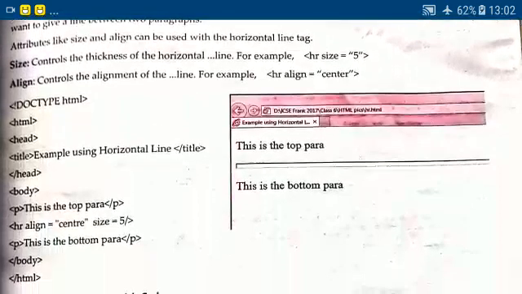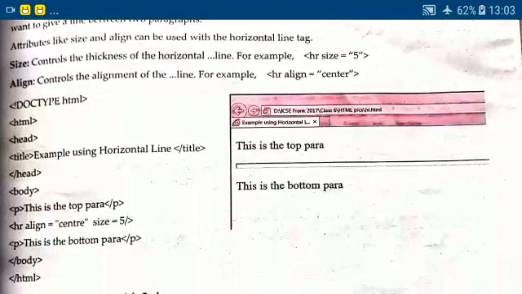Doctype HTML, then HTML, head, title. You will write the title, close title and close head. Then you start the body tag. Now I am using the P tag: this is the top paragraph. HR align is equal to center and size is equal to 5. Then P, this is the bottom of the paragraph, /P, close body tag and HTML.